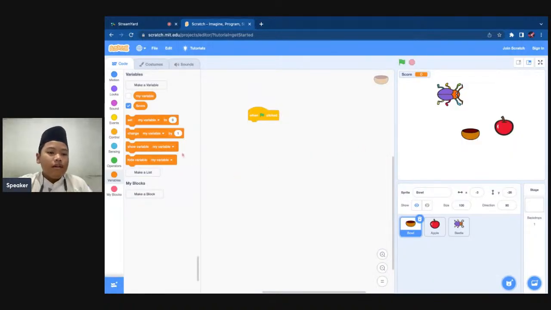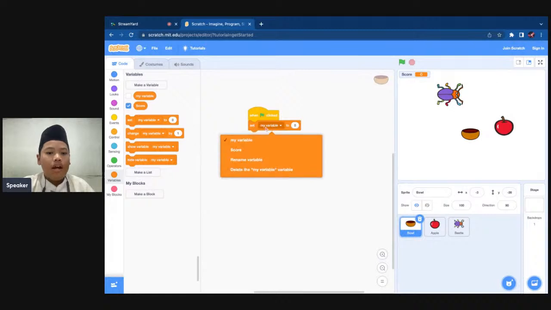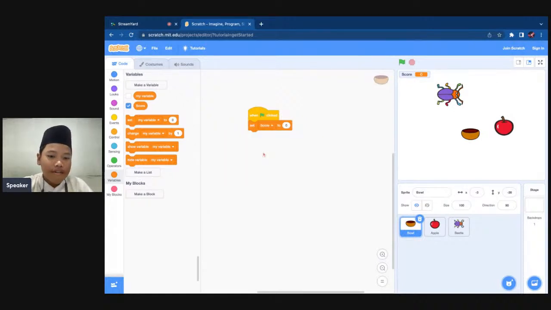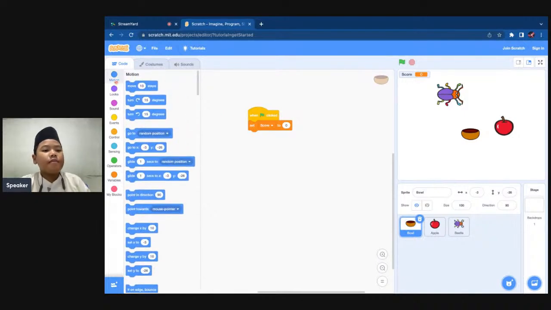Now everybody, drag the set my variable block and put it under the when flag clicked block. And then change the my variable by clicking on it into score. And now everyone go to motion. Click motion and drag the go to X and Y block and put it under the set score block.